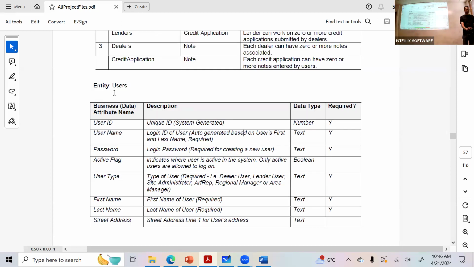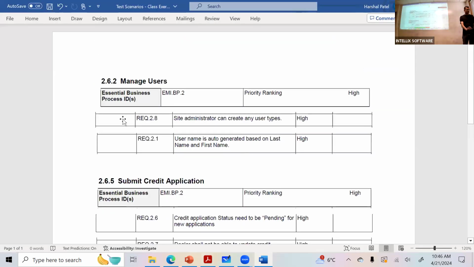Okay, so this is an entity, users, right? This is in a design. They have more details about what is username. It's a login ID of the user, and it's auto-generated based on the user's first name and last name. But this is the requirement: username is auto-generated based on user's last name and first name.